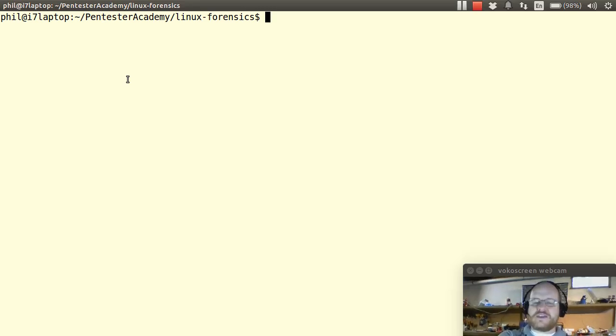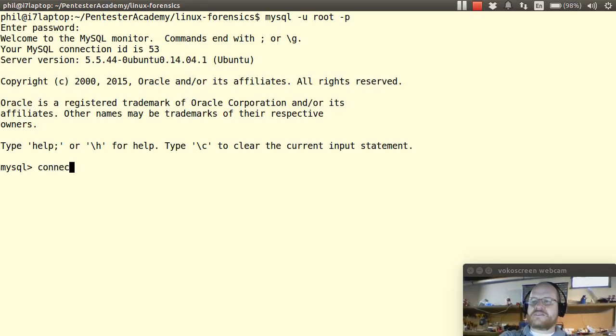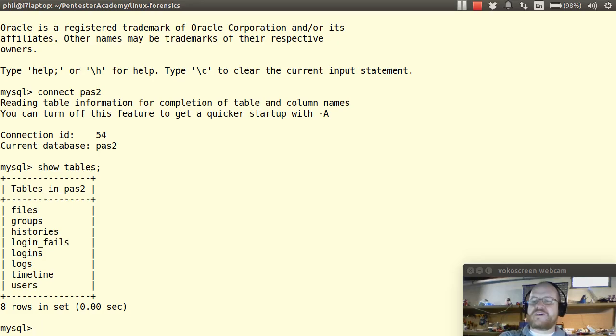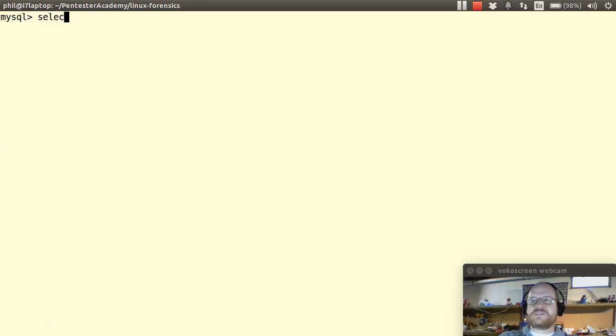So I'm going to go ahead and log in to MySQL. I'm going to connect to my database. I can do a show tables. And you can see I have my file metadata, my groups, my users, my timeline, my logs, my histories, and I also have my logins and login fails. So let's start with the logins. If I do a select star from logins, order by start,